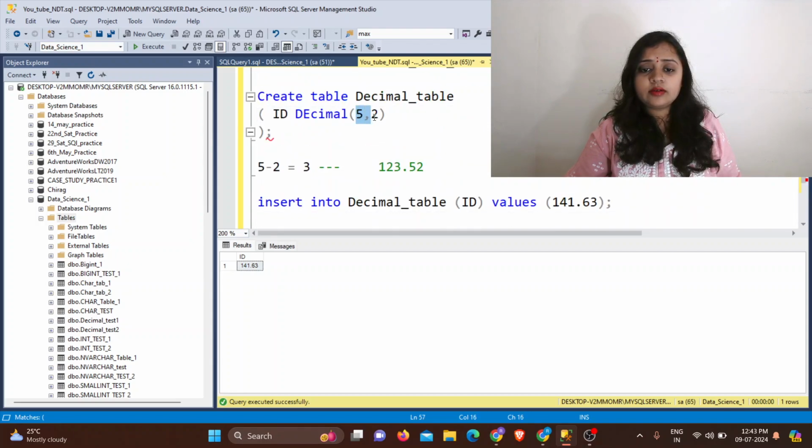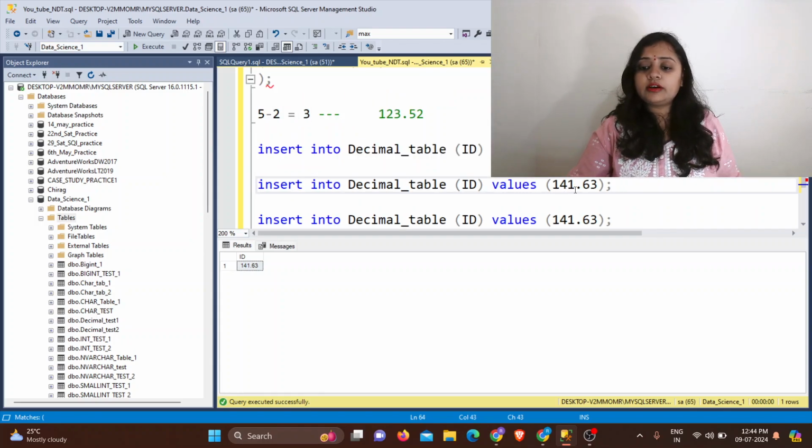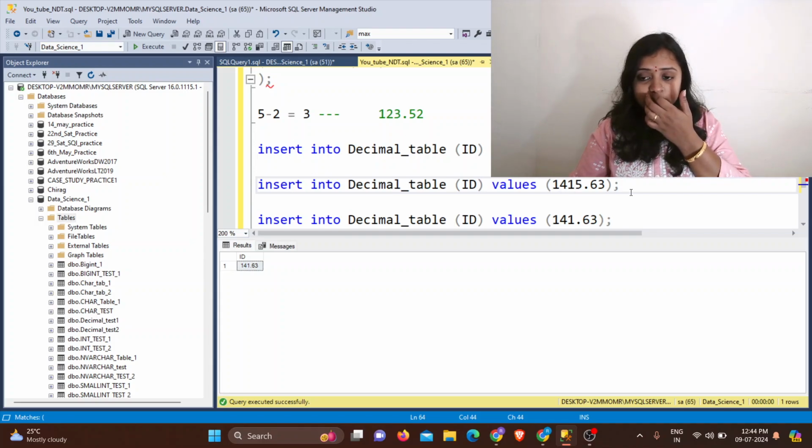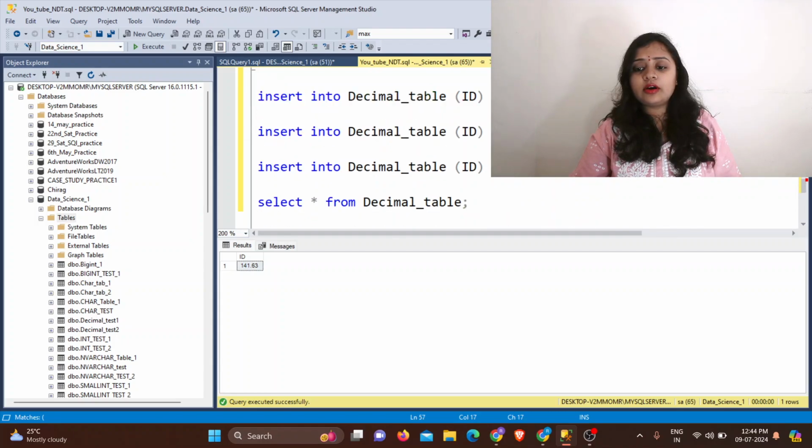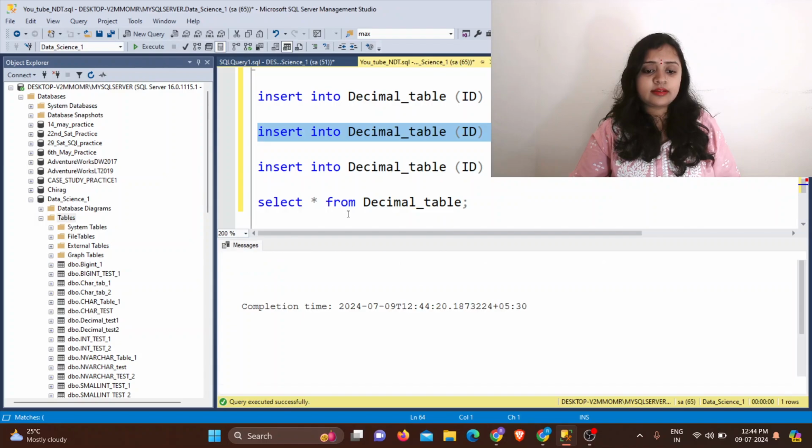As I have told you already, only 3 digits are allowed before the decimal point. Now if I try to give more than 3 digits, and after the decimal point only 2 digits are allowed. Now I will select this and hit the execute button.